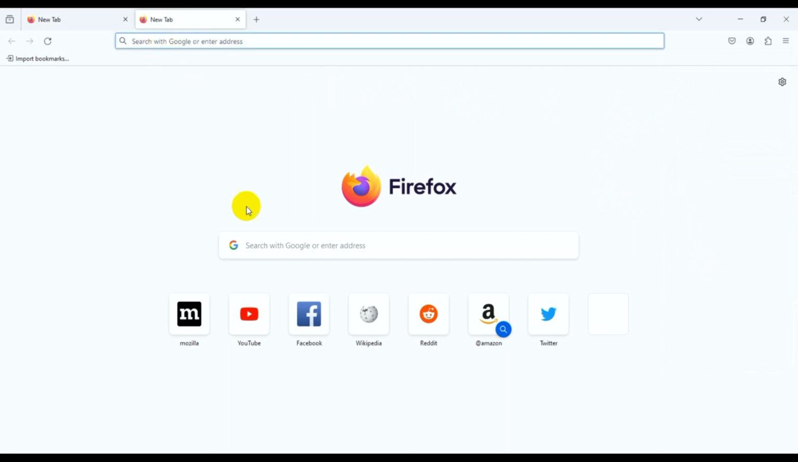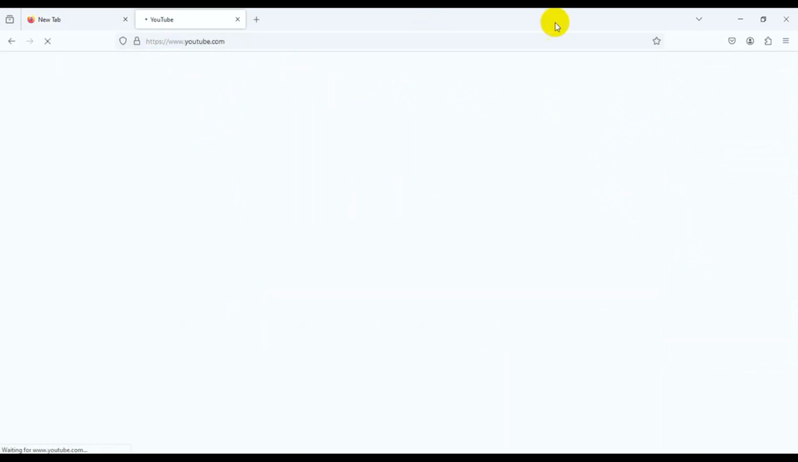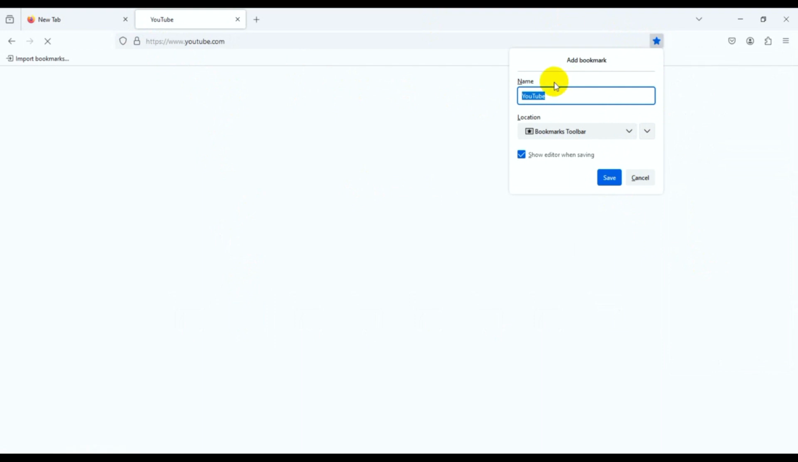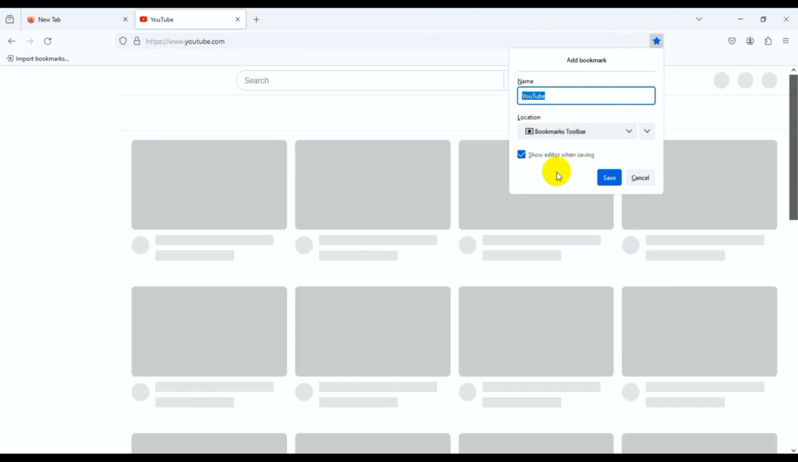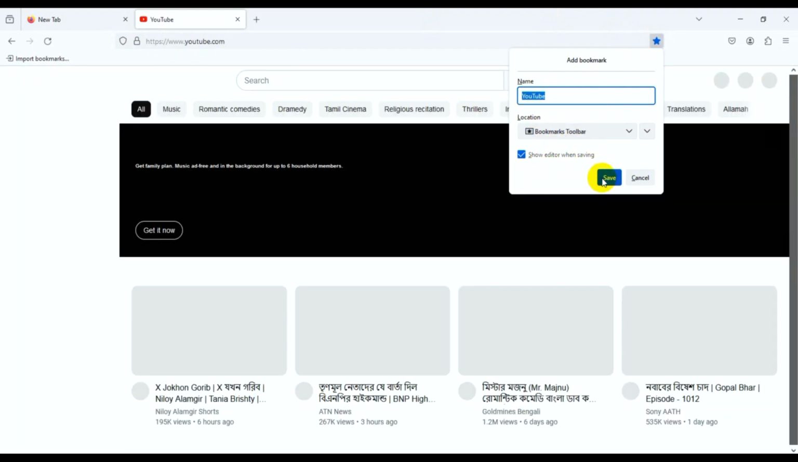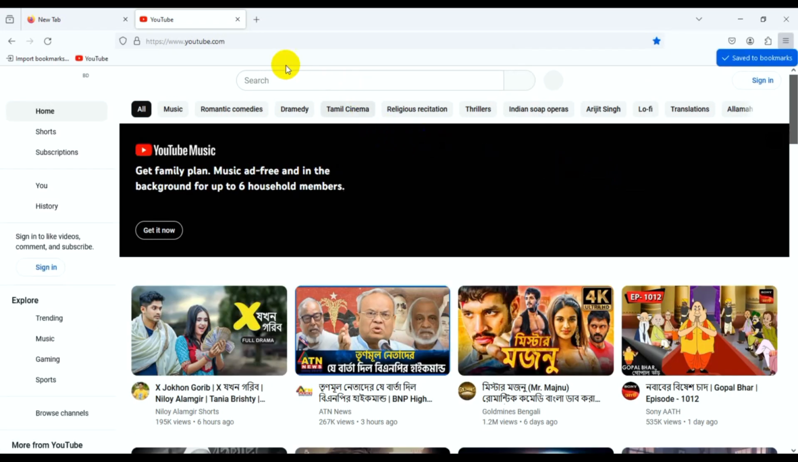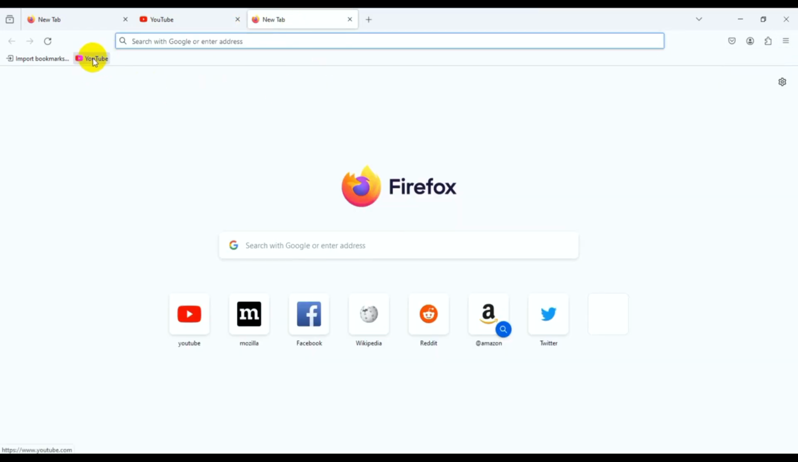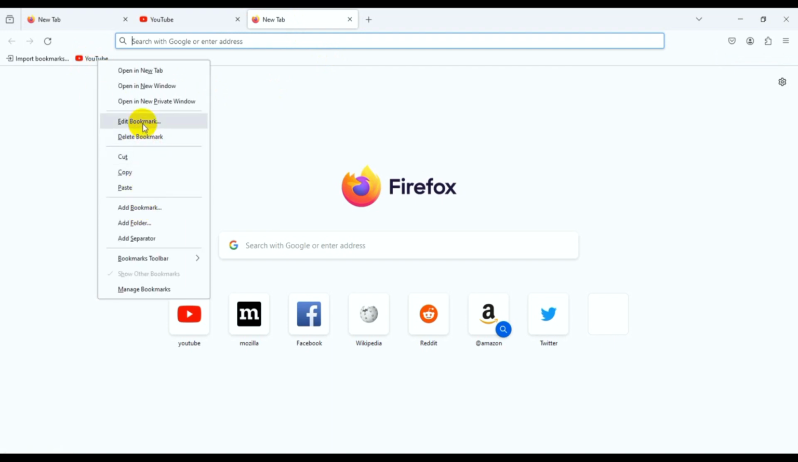So I'm just creating a YouTube bookmark. I click on YouTube and click the bookmark icon. Okay, the bookmark toolbar is showing, with editing options, and when saving, I click save. Now I click on the YouTube bookmark, right-click, and you can edit the bookmark, delete the bookmark, or